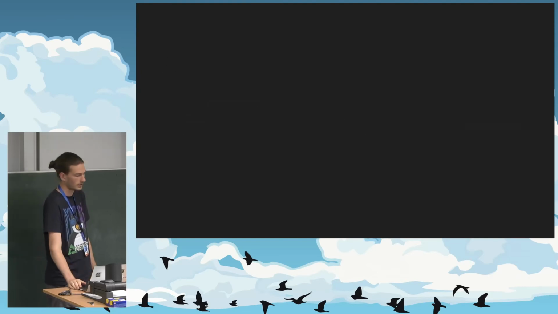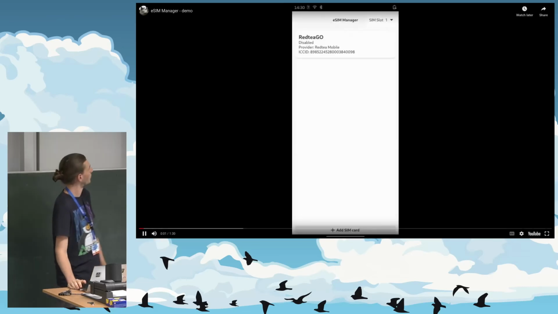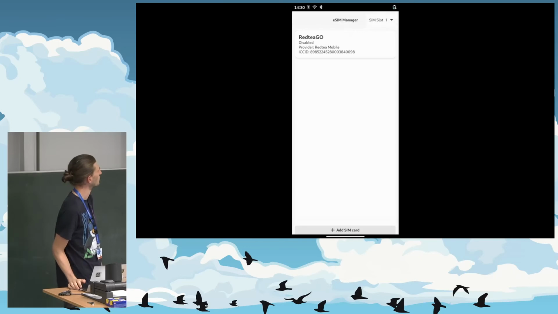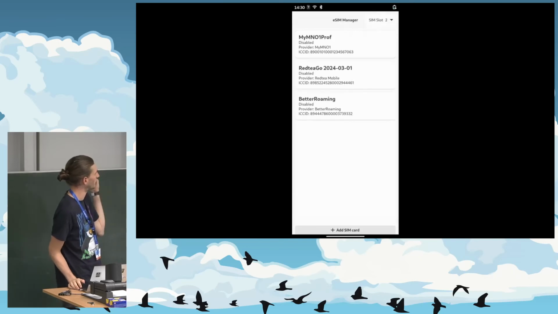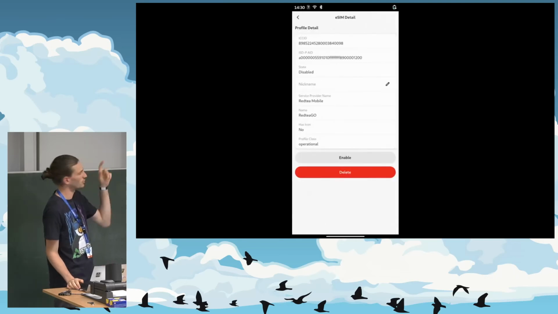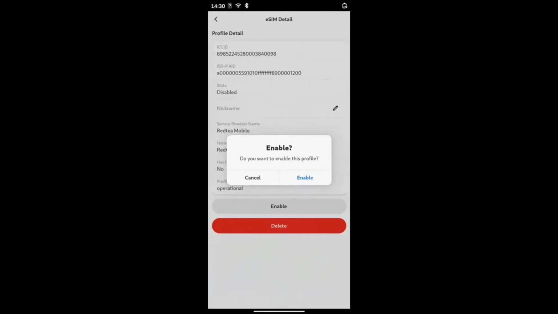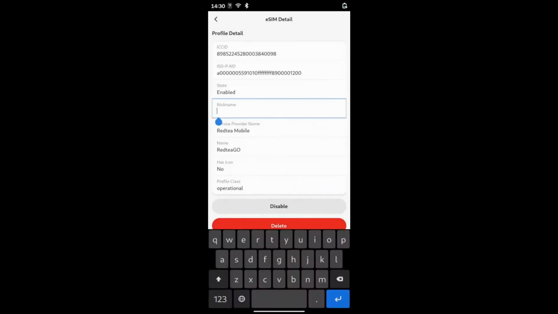I also have a demo here where you can see a bit how it works and looks. This was recorded on, I think, a Fairphone 5, on the SIM slot 2. There was the embedded eSIM, which is always there, and on the first SIM slot I put, I think it was the 5-bearer SIM card that works for that.